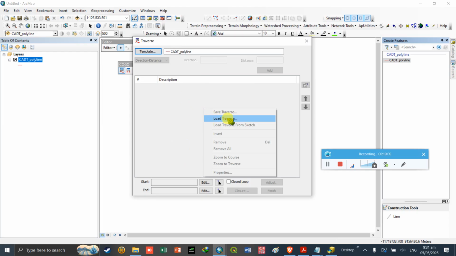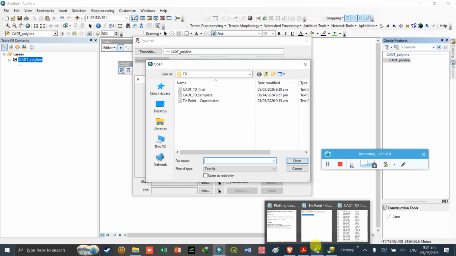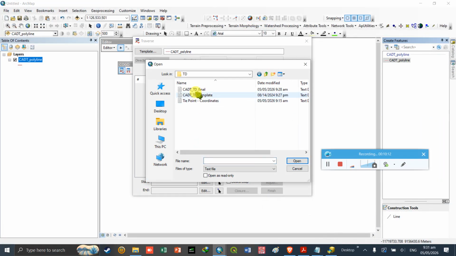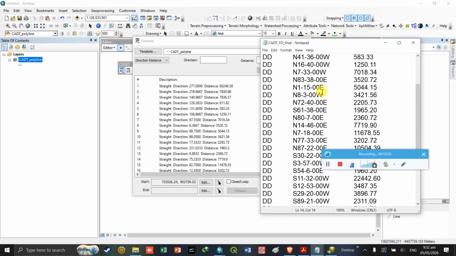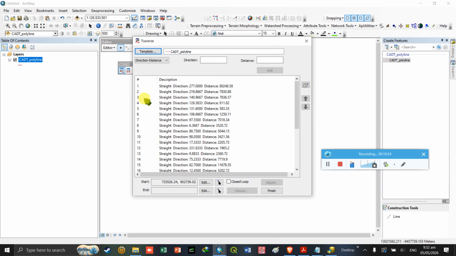By clicking load traverse, we need to input the CAD text. So I have here the CAD final, and then you click open. As you can see, the data that we have in the text were loaded already in the Traverse window.